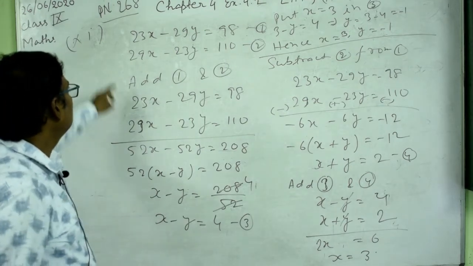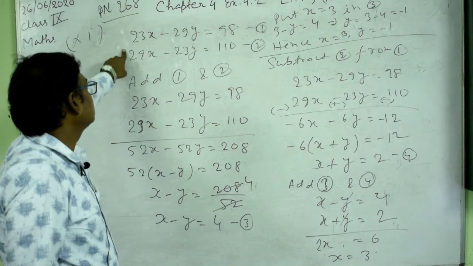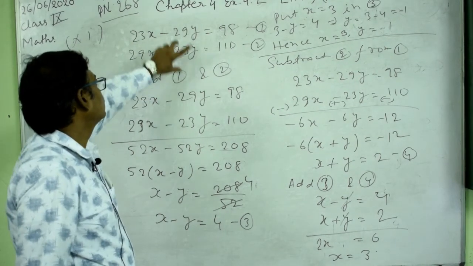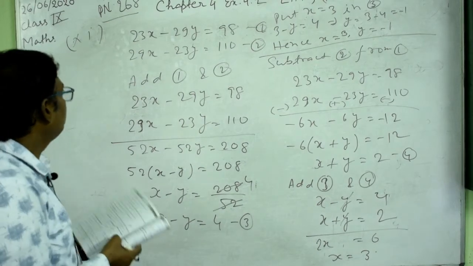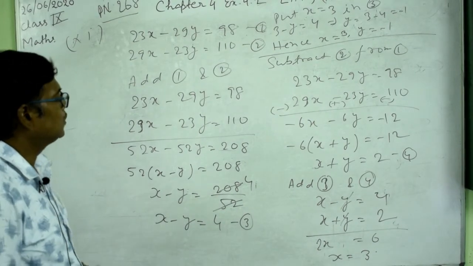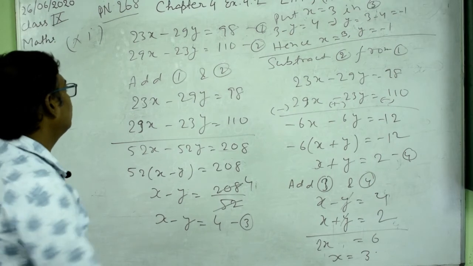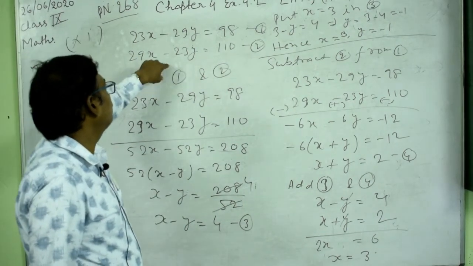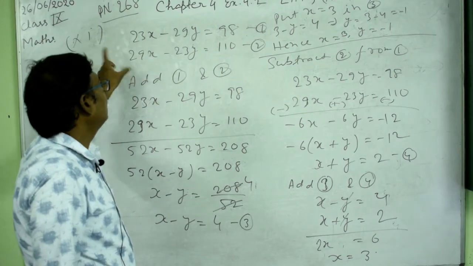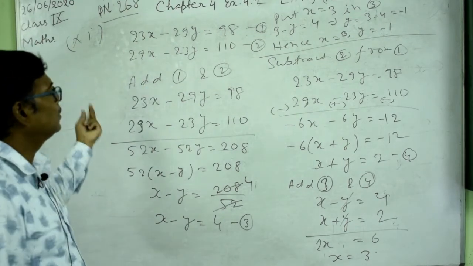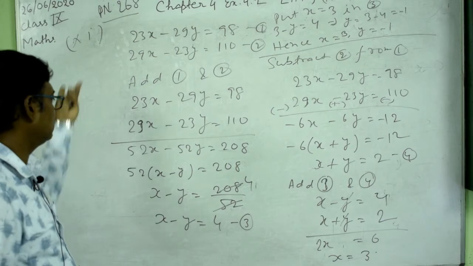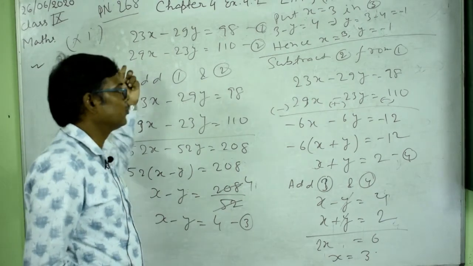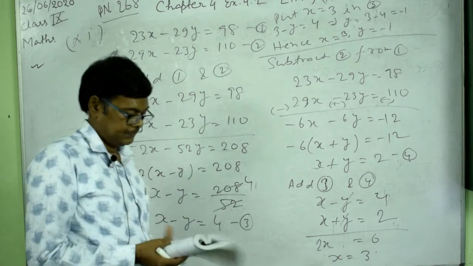So in this way, if you have this type of questions, and here observe that 23, 29 and 29, 23, this type of questions will be solved like this, and this will be easier. And if you solve this by the other method, like making the coefficients of these two equal or these two equal, then you will get large numbers, but in that case also you will get the answer. But this is much easier for this type of questions only, not all the questions.